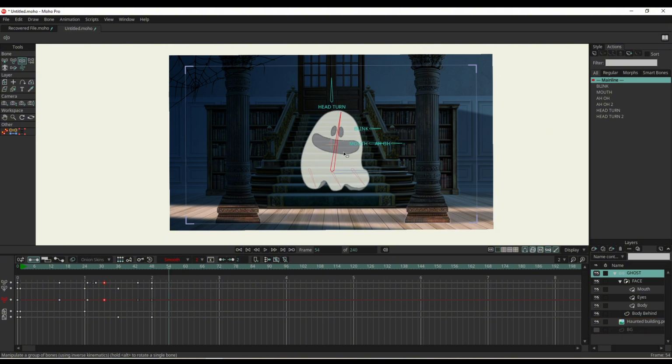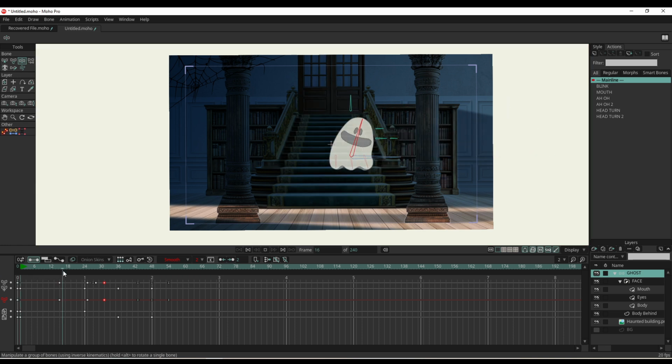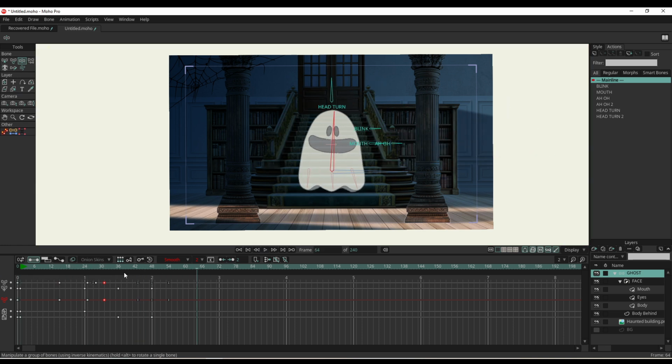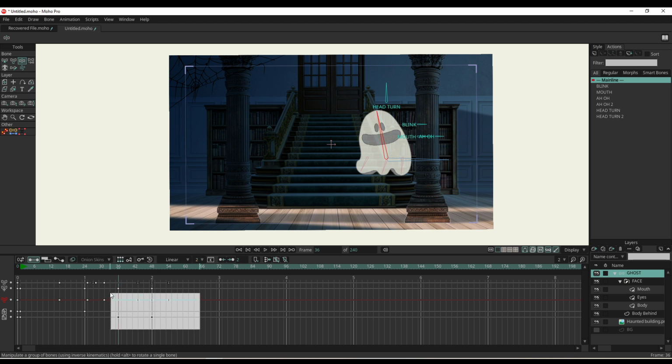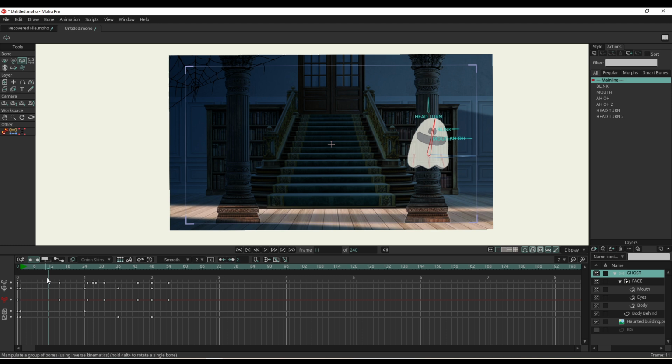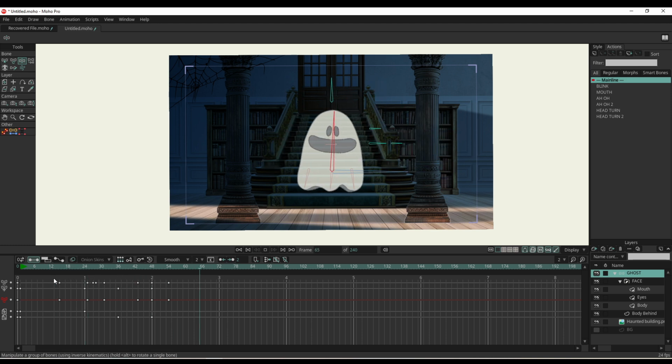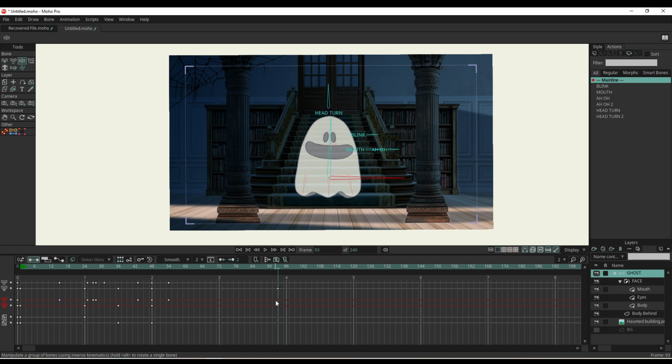And then you kind of settle into this position. Something's going wrong because they keep going too smooth. I need to select off there and select smooth as my default. That's what's going wrong. And then we want just a little floaty kind of something going on here. So he's just kind of hovering around,